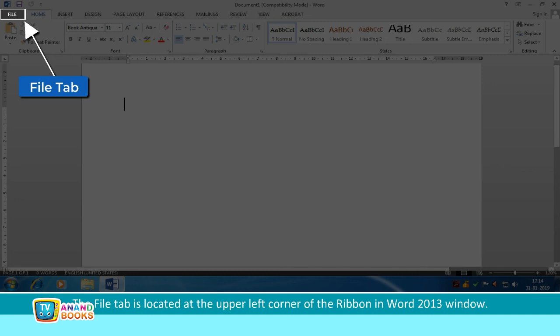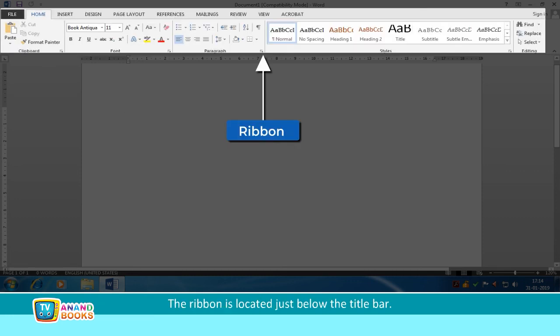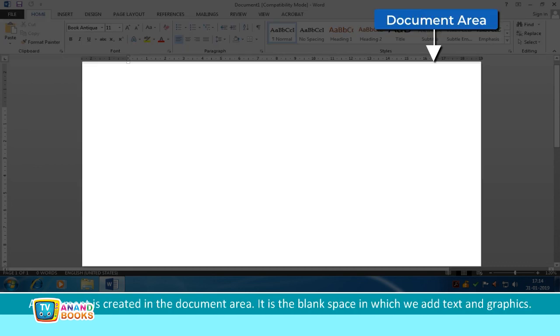File tab. The File tab is located at the upper left corner of the ribbon in the Word 2013 window. Ribbon. The ribbon is located just below the title bar. It has 2 parts, tabs and groups. Each tab consists of commands arranged in different groups.